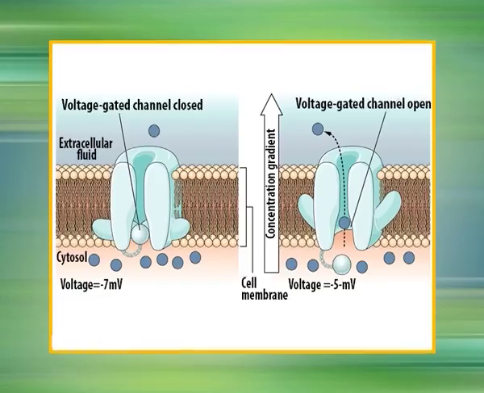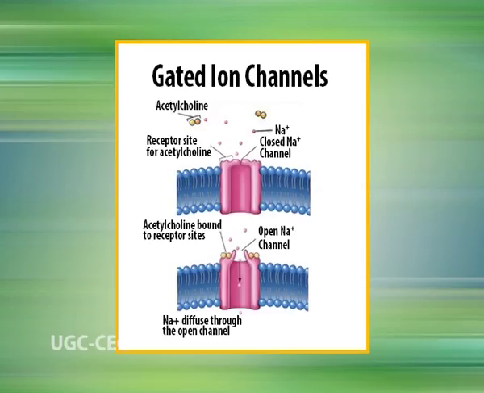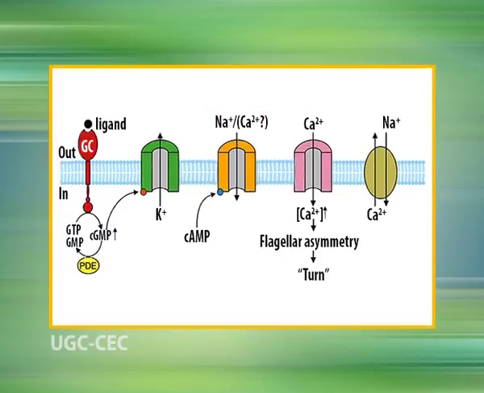Channel proteins transport solutes down their concentration gradients. Channels may be gated or non-gated. Gated channels open only in response to specific signals. The main types of signals that cause ion channels to open are: number one, a change in voltage across the membrane, that is voltage gated channels, or a mechanical stress, that is mechanically gated channels, or it may be a mediator such as an ion, that is ion gated channels, or a nucleotide, that is nucleotide gated channels.